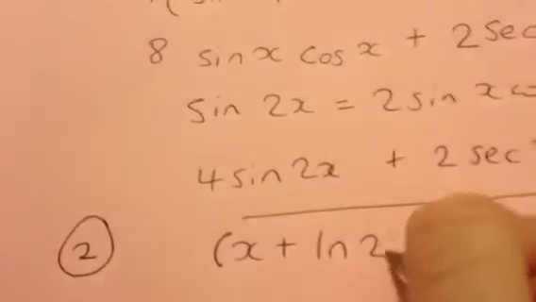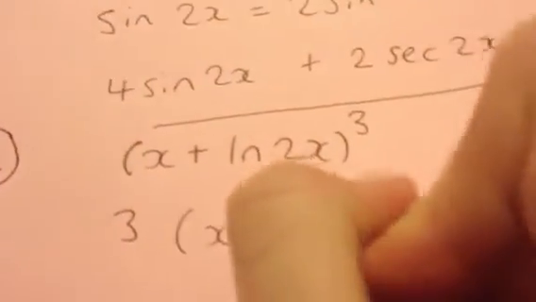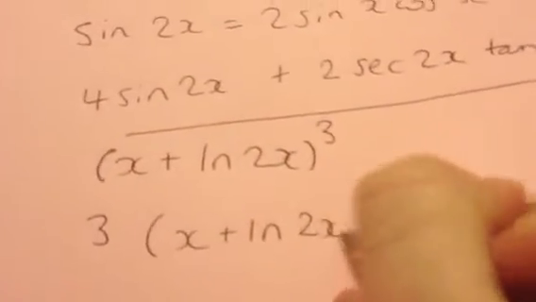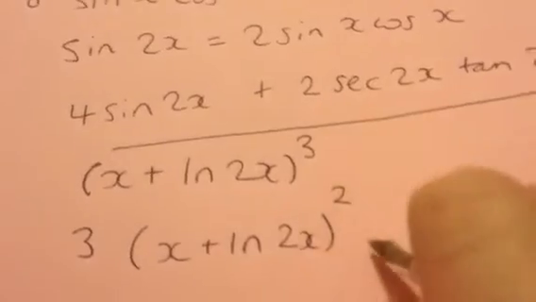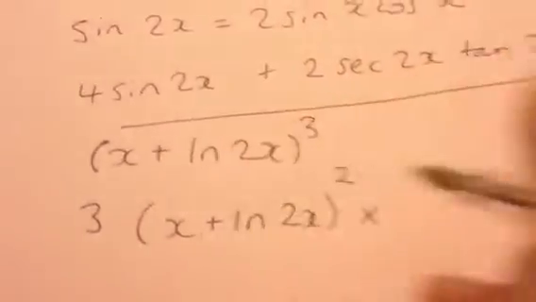Right, this one's another chain rule question. x plus ln 2x cubed, I'm going to differentiate that. So here, I'm going to do 3, then x plus ln 2x. I'm going to put a squared, and I'm going to times it by the differential of the bracket. Now x